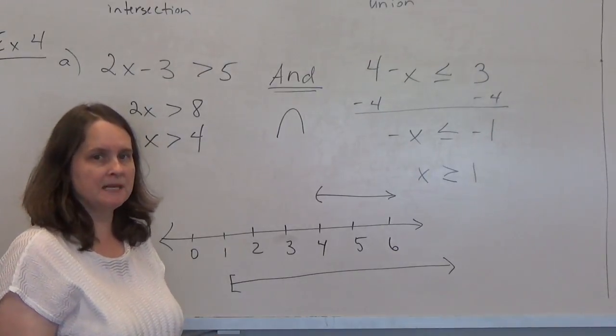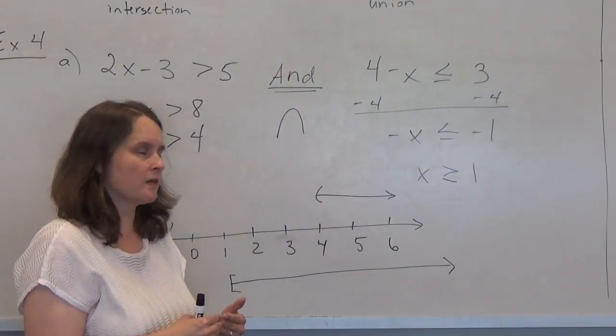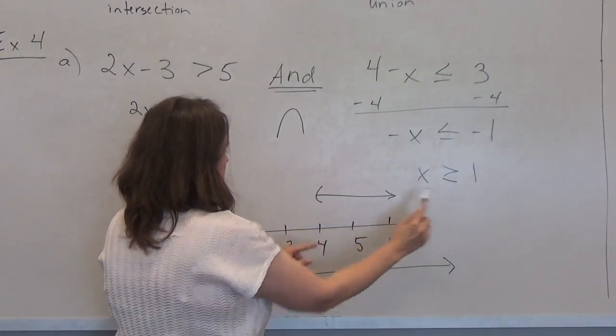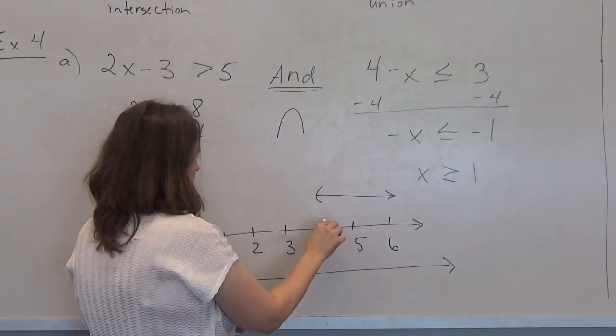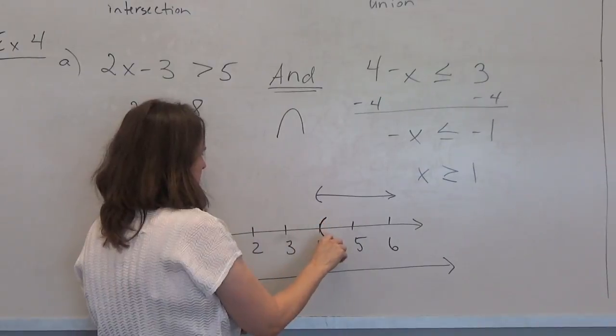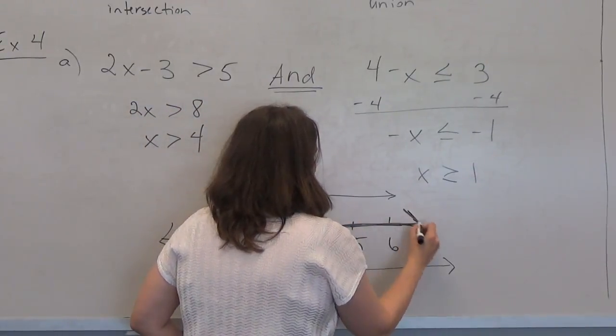Okay, because and means intersection, you only take where the two graphs touch or where they're coming together. So only from 4 out to positive infinity is where the two graphs meet. And you're going to use the same symbol that you have here. You'll use the round parenthesis symbol and shade everything greater than 4. So this is my final answer